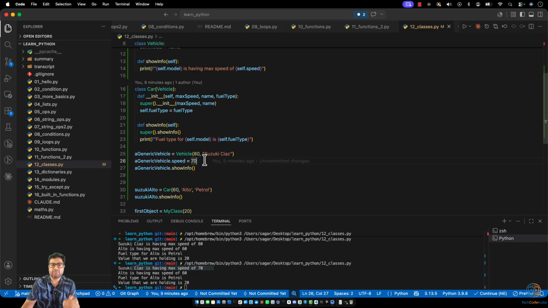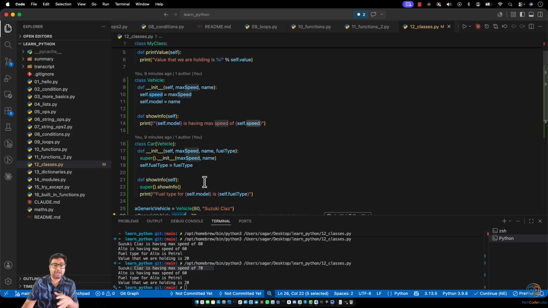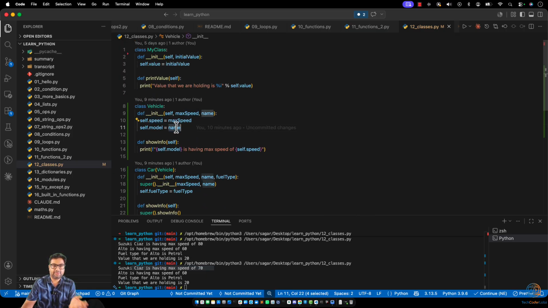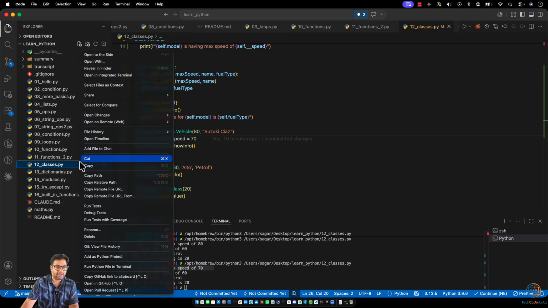What if I don't want the speed variable to be accessible outside the class, and it should be accessible inside it? So for that, let's encapsulate the functionality or the variables that we want to. So in order to achieve that, we just have to use __, that's like a favorite syntax for Python. So in speed, let's say if we want to keep it internal, or private, this is how we can use it, and now let's say info is printing the speed, but now if I try to change and run,